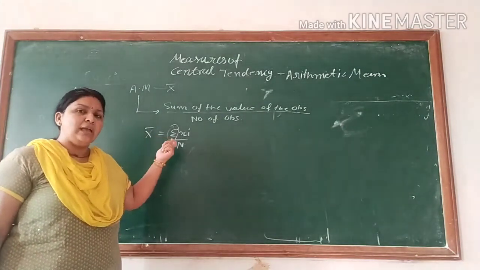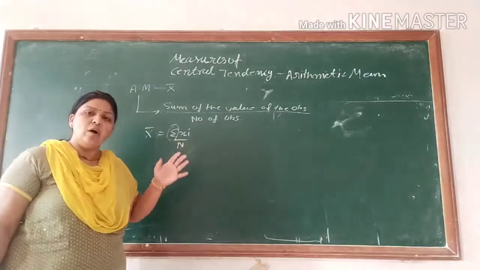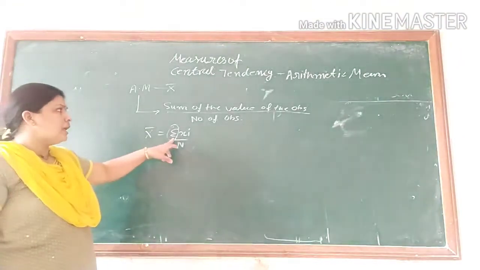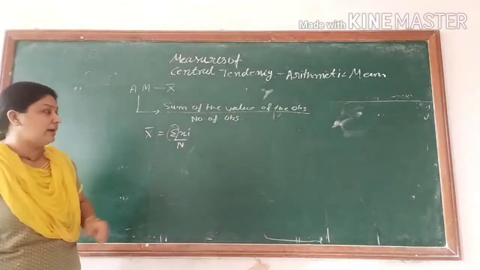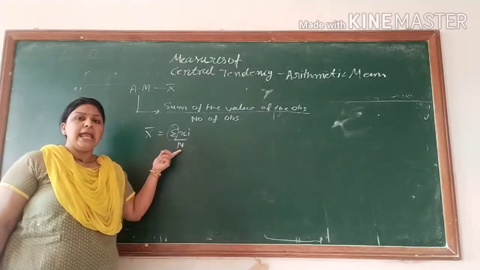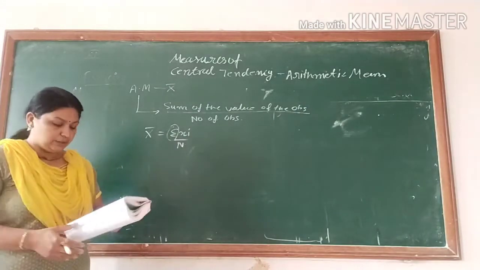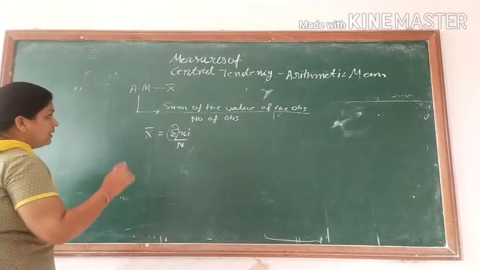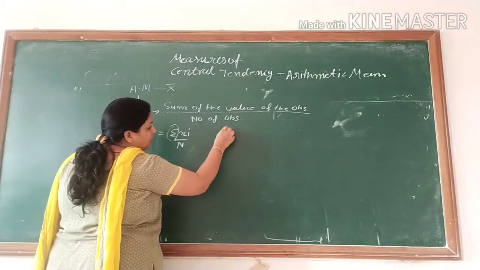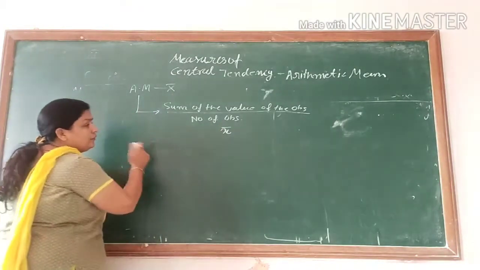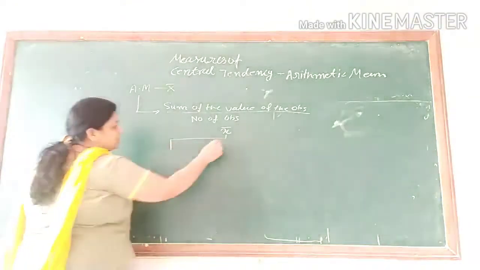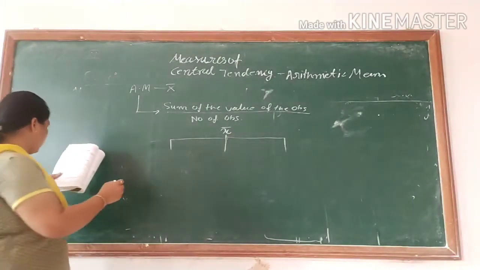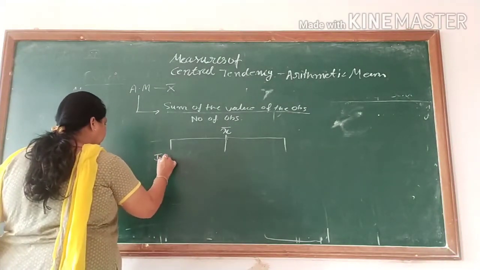So when I am using this sigma, it is the sum of. So sum of xi upon n means the sum of the value of observations divided by the number of observations. N equal to number of observations. There are mainly 3 series. When we are talking about the x bar, अगर हमें x bar ढूंढना है, so we need the 3 types of series first. सब series के formula based color होते हैं. First series is individual series.